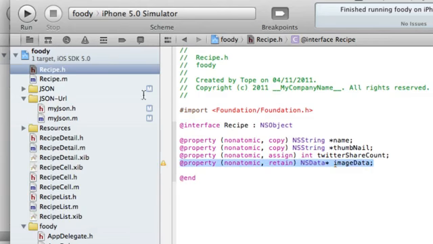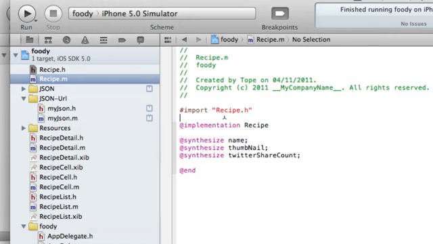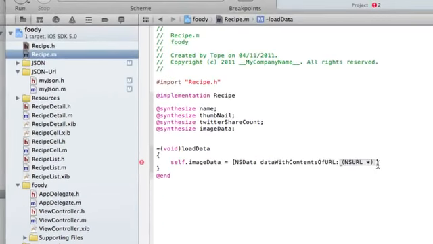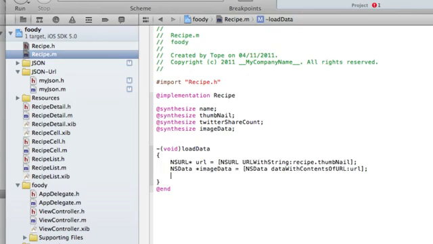Okay, so let's pull that across, do a synthesize on that as well. So what we need to do is create a function called load data. We can just basically copy this and set that to be our image data. So if we say that is the self.image data, and then for the URL we'll have